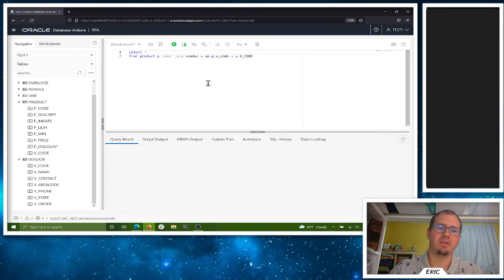And then if I want specific columns, I would say, hey, I want the p code and I want the v code, right? And I could just list out all the columns that I want very descriptively here, one at a time using that alias notation. Because as it is, we're actually going to get the v code listed twice, once from the product and once from the vendor. Not that big of a deal, but if you want to be very clean about what columns are coming back,